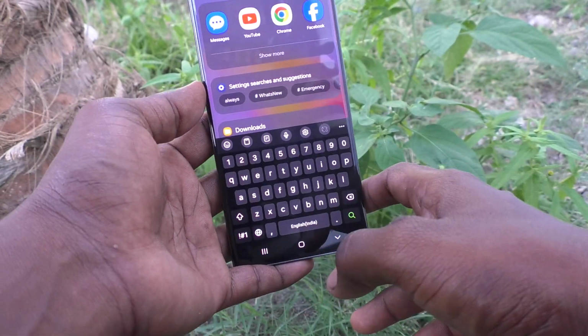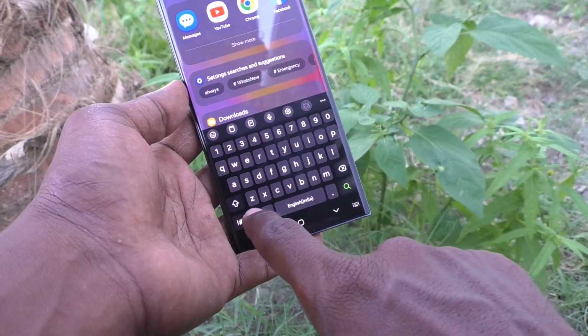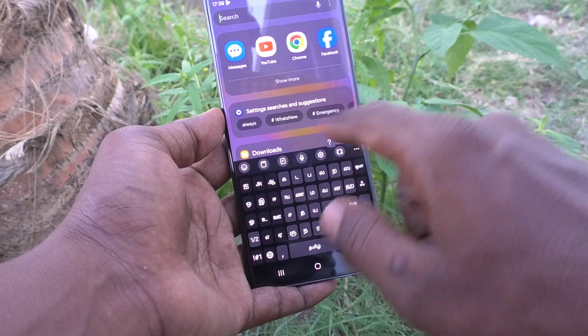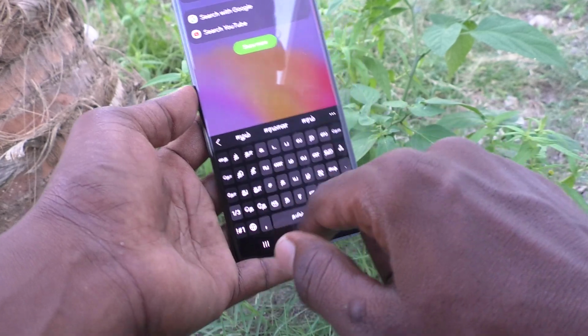interface, and to shift to the language that you have added, you have to click on this global symbol, so that now Tamil keyboard has come, so you can type in Tamil now. Okay,